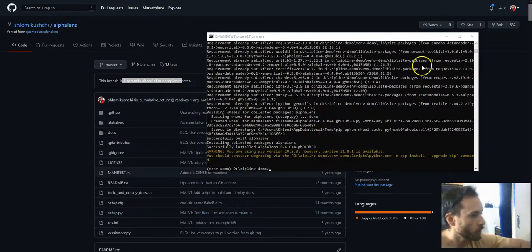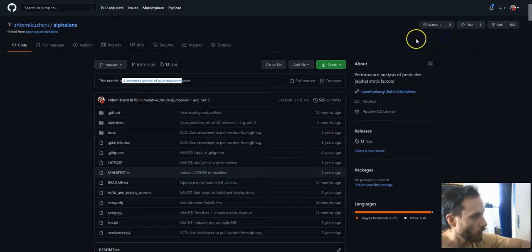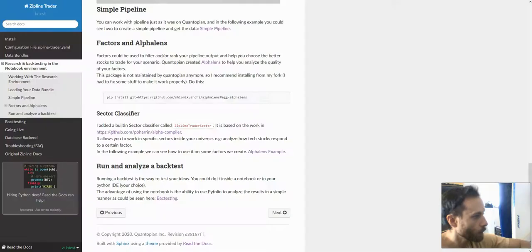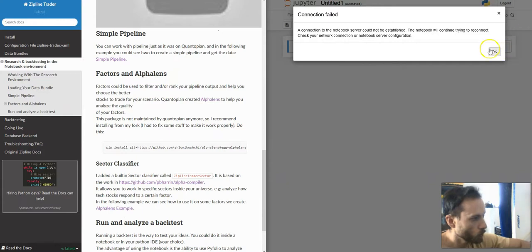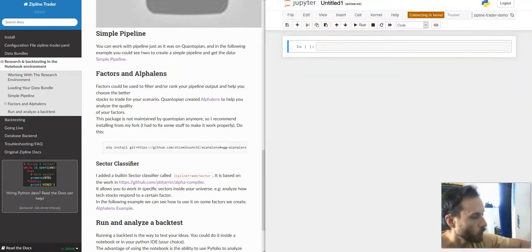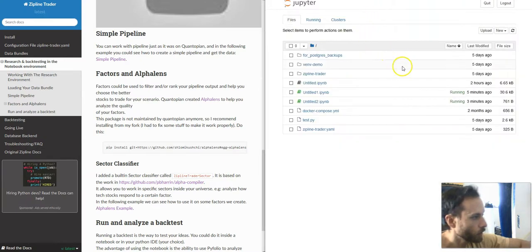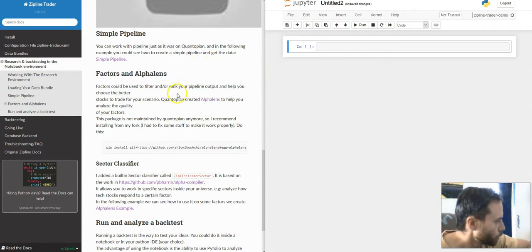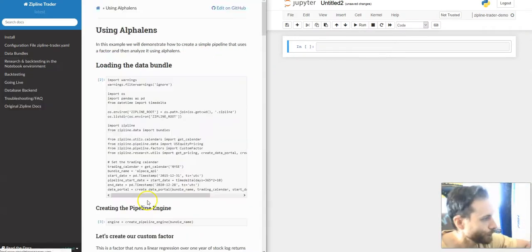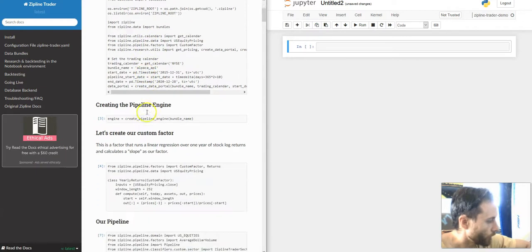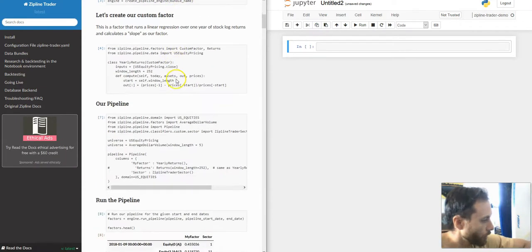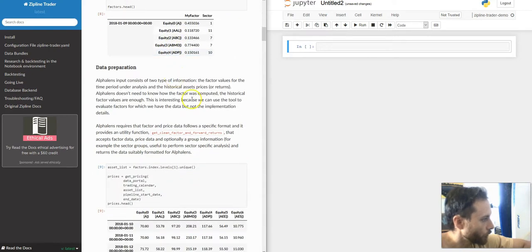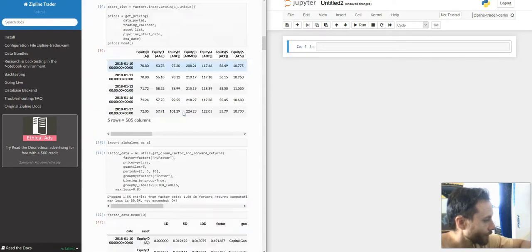So we've got it running and installed, and now we're going to do exactly the same thing in a new notebook. So let's make sure that we can import alphalens and create a new notebook. Let's use this one. Okay, let's go. So alphalens example. And again, we are going to just copy everything from the documentation. In this example,